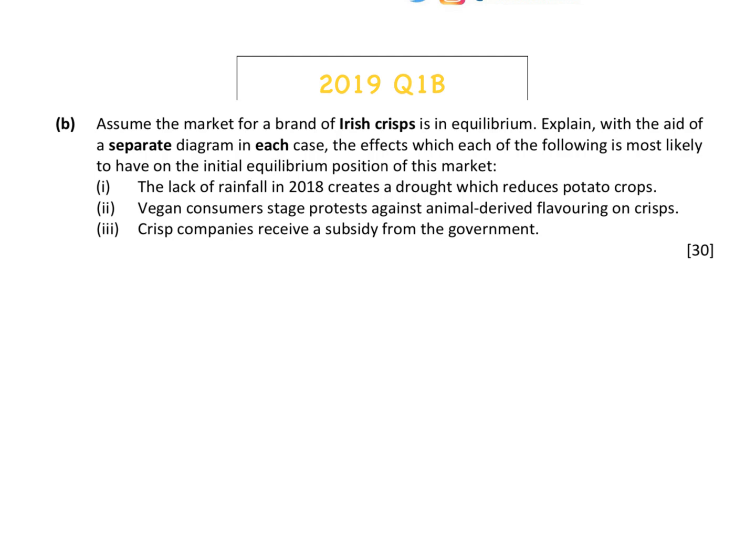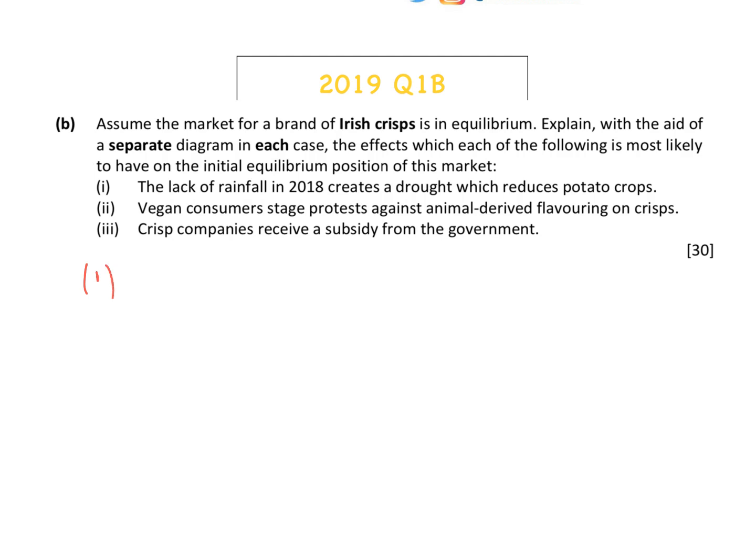So for part 1 there, the lack of rainfall in 2018 creates a drought which reduces potato crops. You have to decide, is that supply or demand, and will it shift left or right? Second one, vegan consumers stage protests against animal derived flavouring on crisps. And the third one is crisp companies receive a subsidy from the government. Okay, so if we look at the first one,